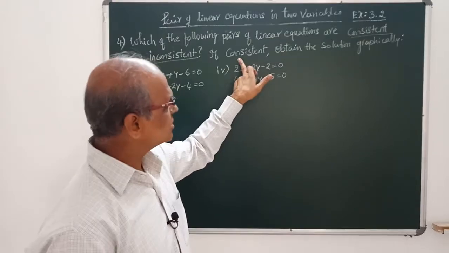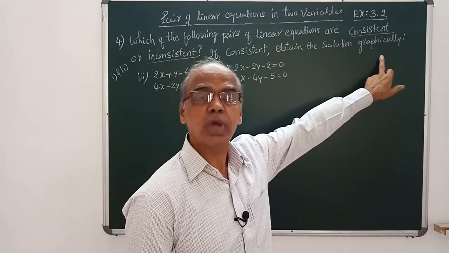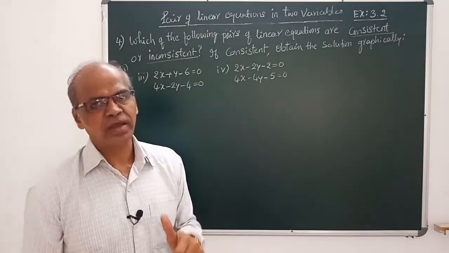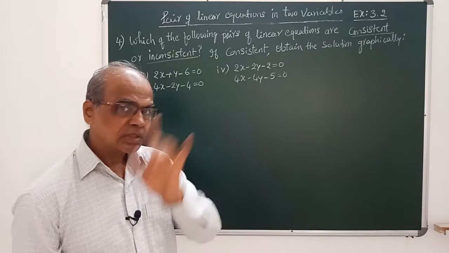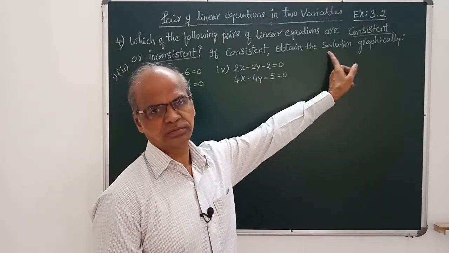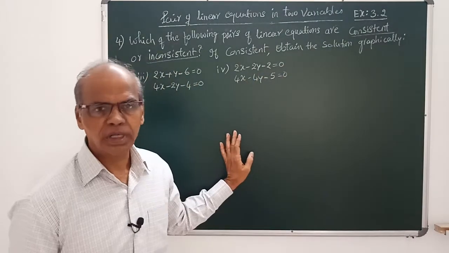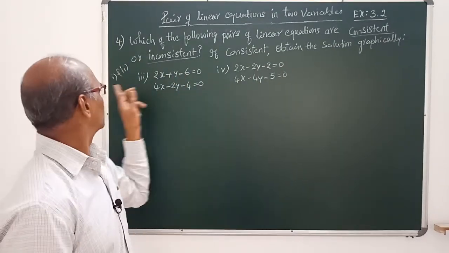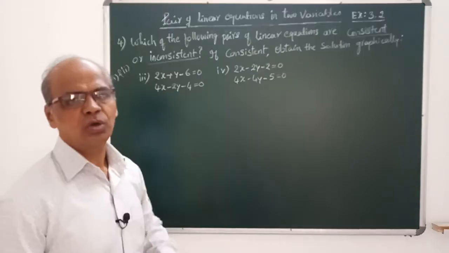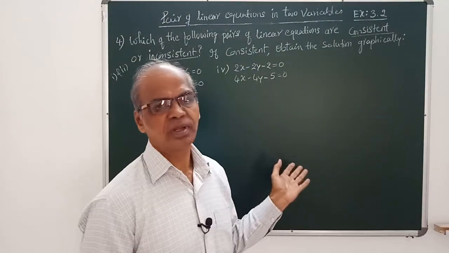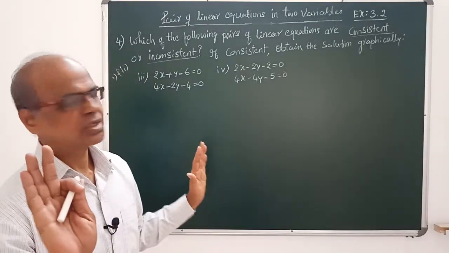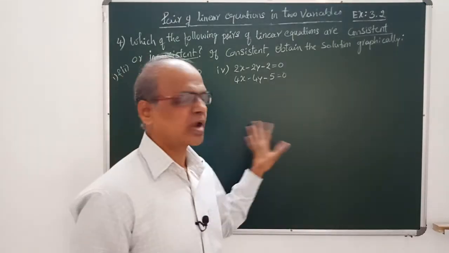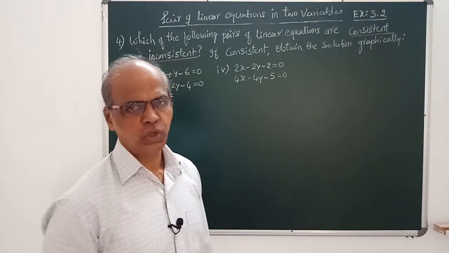If the given linear pair of equations is not consistent, no need to go for the solution, right? If they are consistent, then graphically, means we have to frame the table, find out the coordinates of x and y, then plot the graph. Graphically, you have to find the solution, right? Hope the question is clear to you people. So what I do now, third and fourth only I will solve them. First and second, the same method you have to adopt to solve it and obtain the solution if at all they are consistent. If not, just see and prove they are not consistent, they are inconsistent. Write that statement and leave off. That much only is your answer.